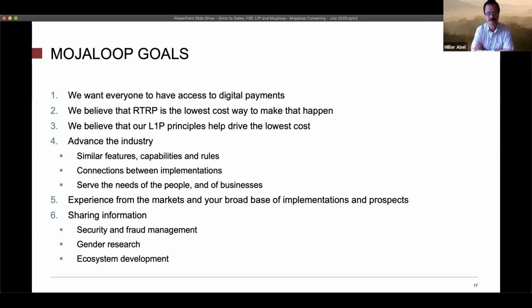And the project was set up to map the level 1 project principles onto open source software in a way that would enable the existing and new participants in the market to service their customers and the new poor customers in ways that they could not have afforded to do before.